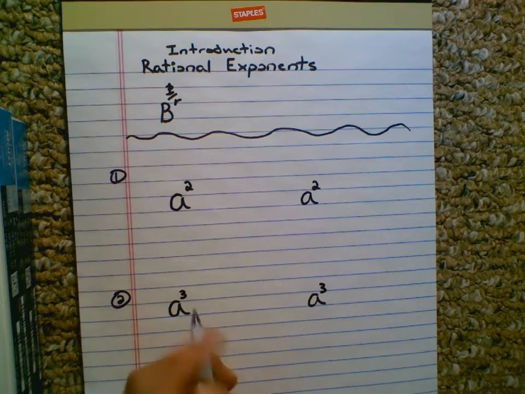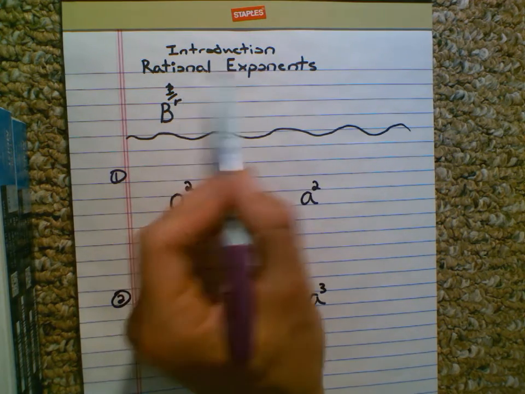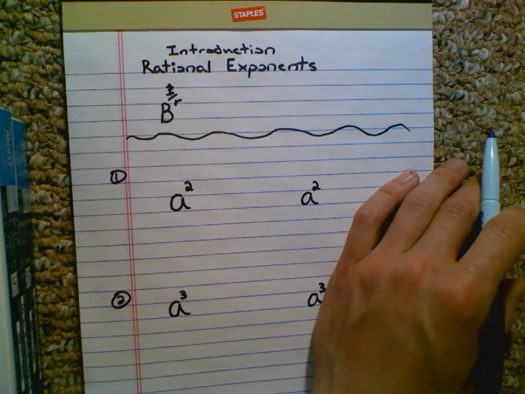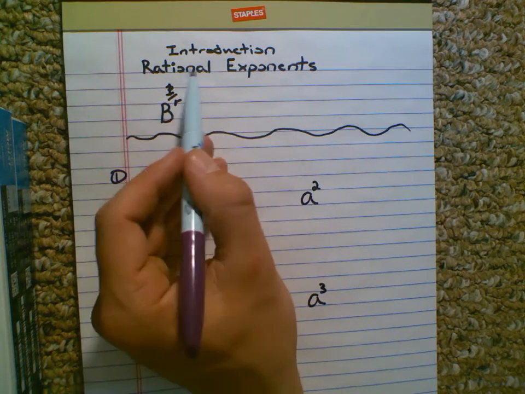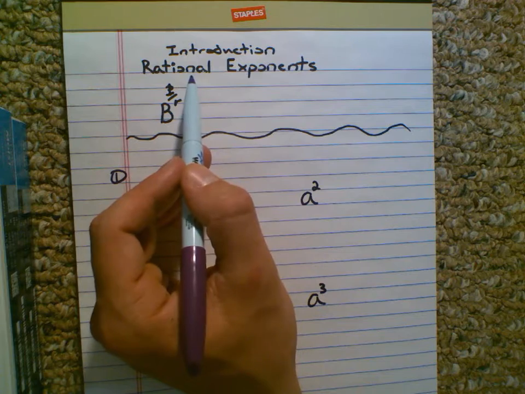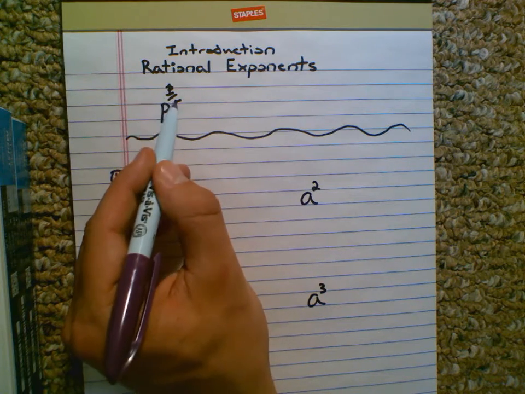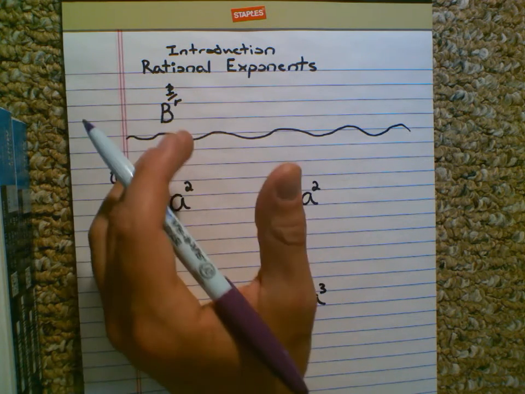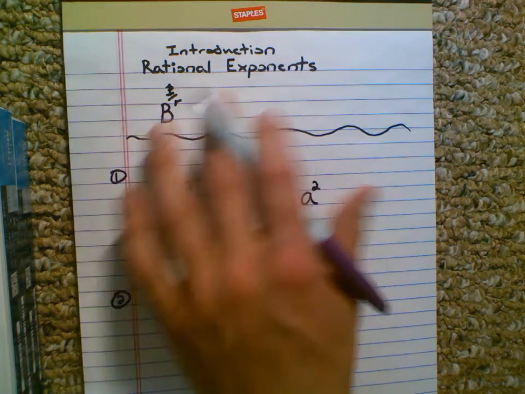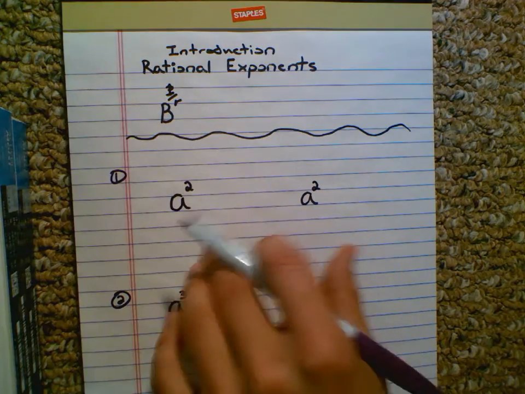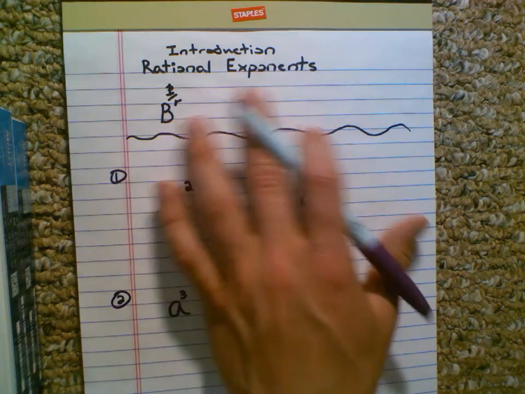In this video, we're going to look at an introduction to rational exponents. Now, a rational exponent is just a fractional exponent. Okay, so it's any rational number or fractional number, a number that can be written as a fraction. Now, before we jump into this notation, I want to show some examples of where rational exponents, where this stuff